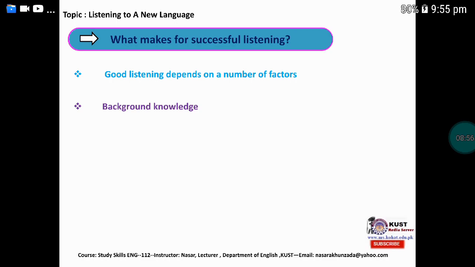Background knowledge. When you are listening to something such as a conversation, a talk, or a play, the more you know about the topic, the better. Before going to see a play, find out something about the story. This need not be enough to spoil the plot, but just enough to fill in some of the background information without which you might spend the first half wondering what on earth it's all about.